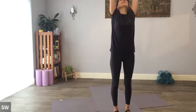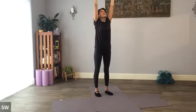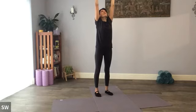Let's take a big stretch overhead. Now take a moment to reach a little bit higher. Notice how the shoulder blades start to lift to facilitate that movement. So we can initiate a stretch from the fingertips reaching, but we can also be aware of how the shoulder blades are supporting the upper back and lifting and giving that extra little bit of give and length and stretch